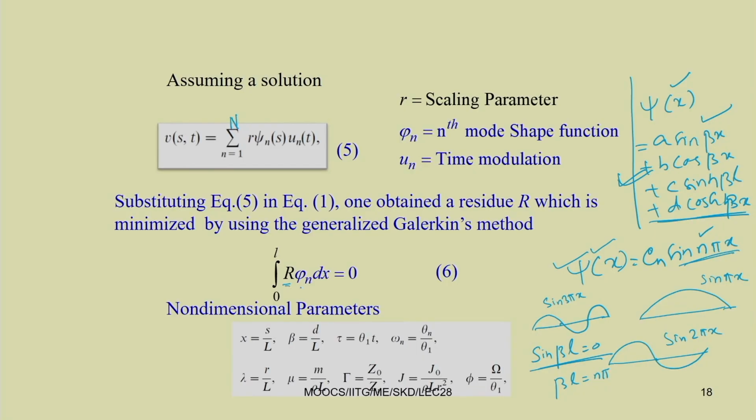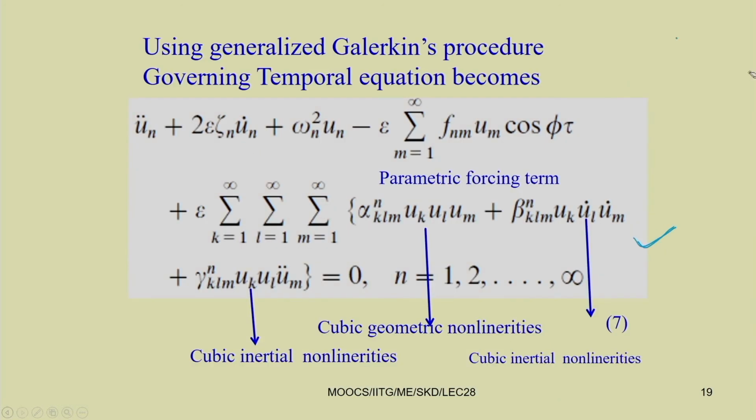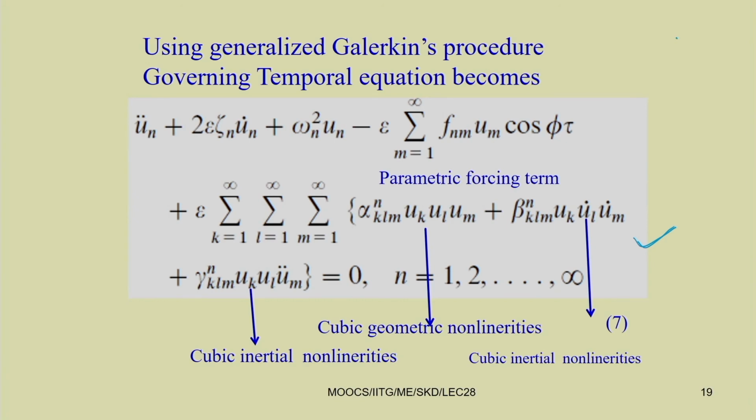Let that residue be r. We can multiply by a weight function psi n and integrate over the length of the beam to get the resulting equation in its temporal form. This is Galerkin's procedure. Using this generalized Galerkin procedure, we can derive the temporal equation of motion. For this case, we are taking an infinite number of modes. So, you can find the equation of motion this way, and if we take only a single mode, then this